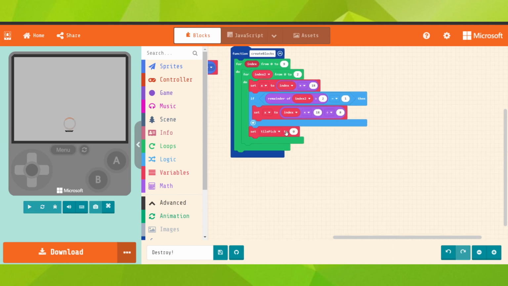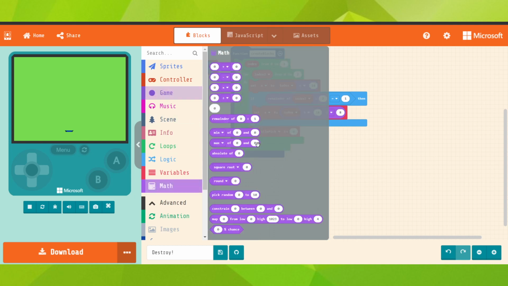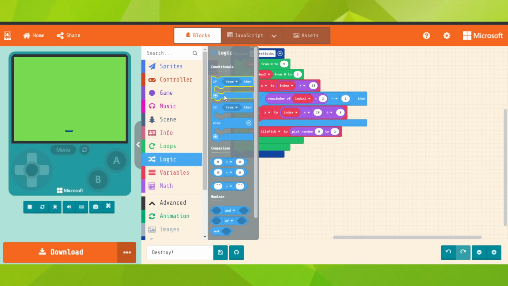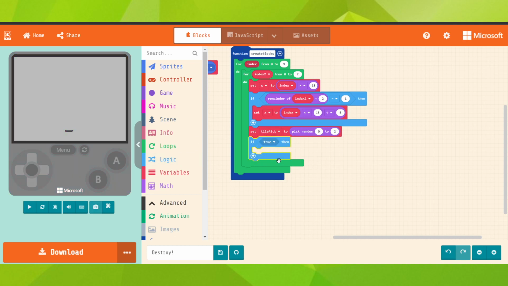So set tile pick, go on math, pick random here from 0 to 2, always in the second for loop. Go on logic, equals in here, if tile pick is 0, then